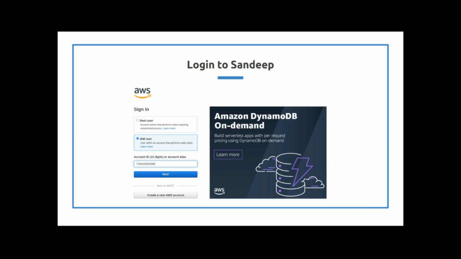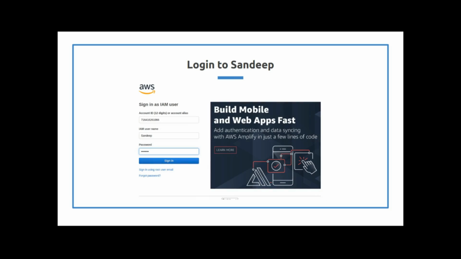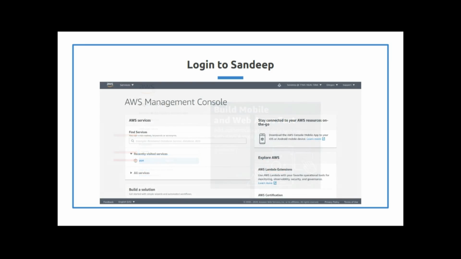So first thing you're going to do is go to the IAM user, put in that account ID and then hit next, and it's going to ask you for your username. So our username is Sandeep. Put in our password, and then click sign in, and you'll just be at the AWS dashboard like normal, right?